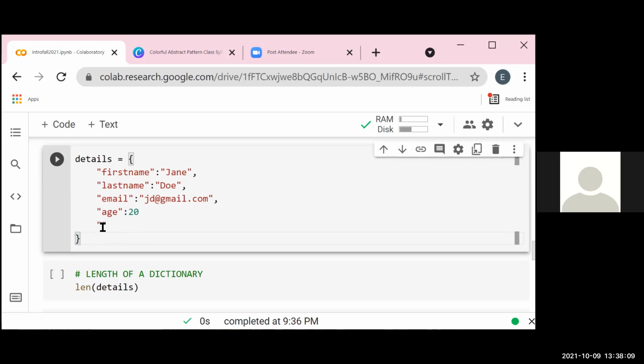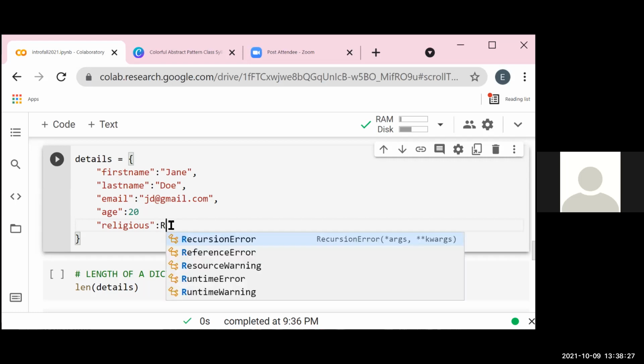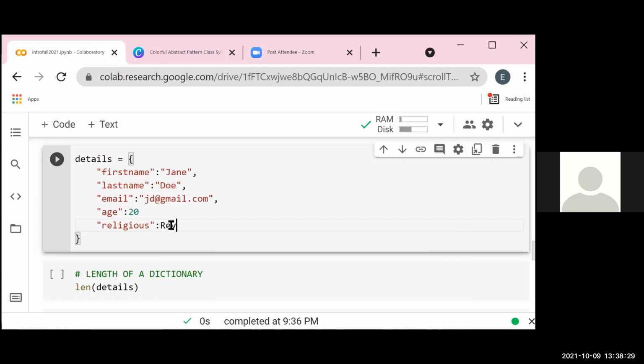All right. So we have our key as religious, and the value to be true.